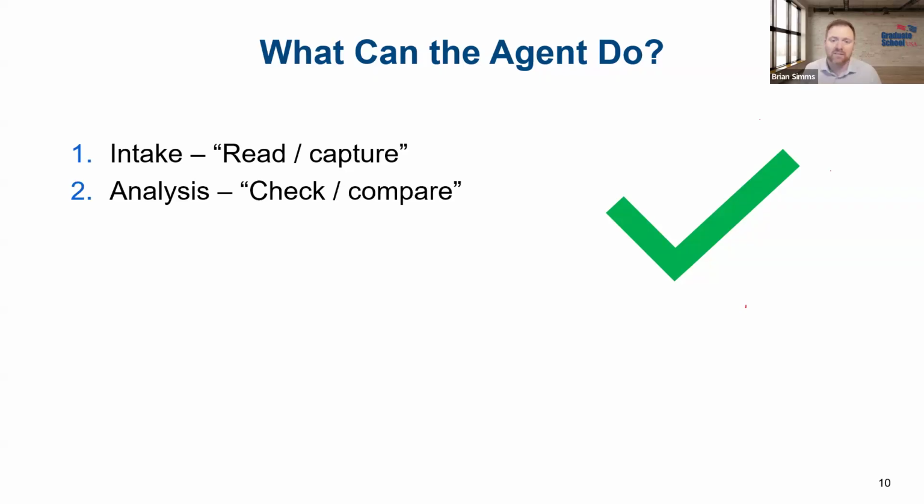They can do analysis. So an agent can do the heavy reading or the heavy data crunching. This could be reviewing documents for certain keywords, checking applicant data against databases for eligibility, summarizing the big issues, those types of things. So they can do analysis-type work for us.